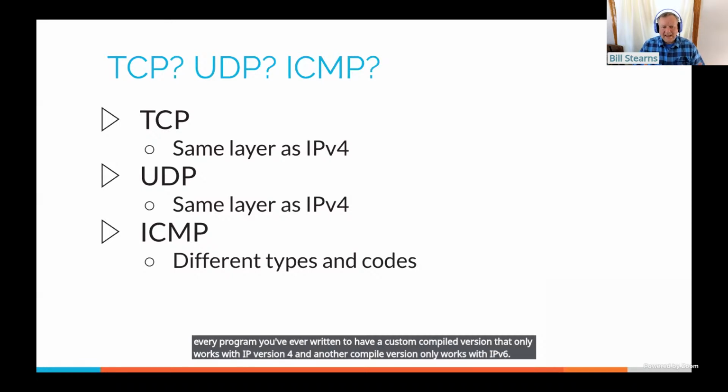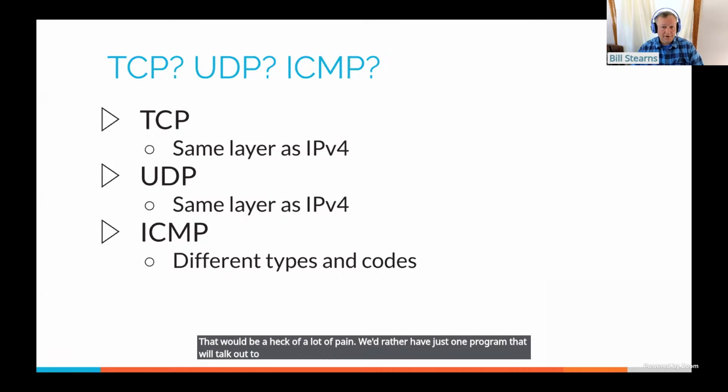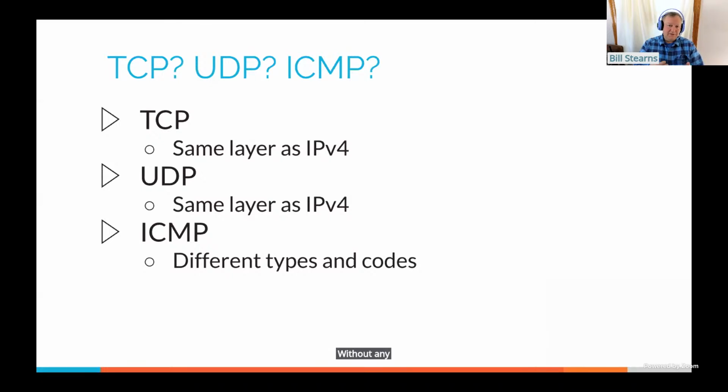That would be a heck of a lot of pain. We'd rather have just one program that will talk out to an IP version 4 machine or talk out to an IP version 6 machine without any change to the TCP layer or the UDP layer or the application layer